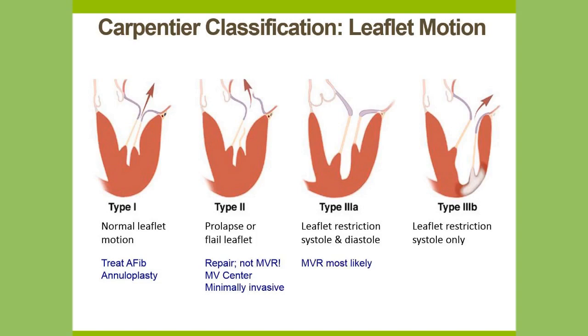Type 3A, you almost always have to replace it. Repair is rare. And type 3B, we don't know what to do. Guideline-directed medical therapy, revascularization, and cardiac resynchronization may improve the ventricular function and then, as a consequence of that, improve the MR. Surgery has never been proven to be beneficial, although we still do it in some patients. And in terms of surgery, we don't really know whether we should do a ring or a mitral valve replacement. We don't really know about a clip versus transcatheter mitral valve replacement. There are a lot of studies underway. We'll get some answers in the next few years.